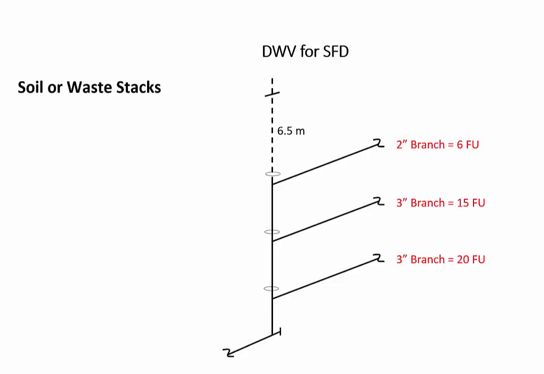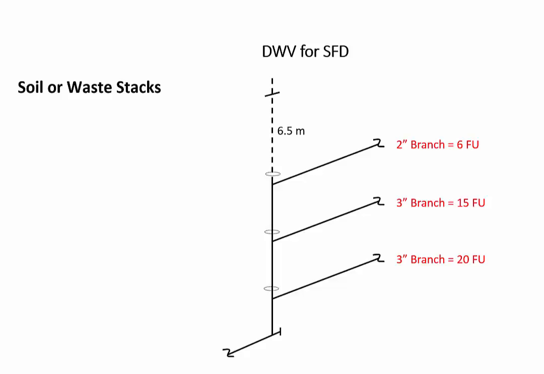Here's another solar waste stack sizing example. In this example, we're starting with a few loads that have already been put on the drawing for us. We have a 2-inch branch at the uppermost story, draining 6 fixed units. The next branch is 3-inch with 15 fixed units, and the lowest story is 20 fixed units on a 3-inch